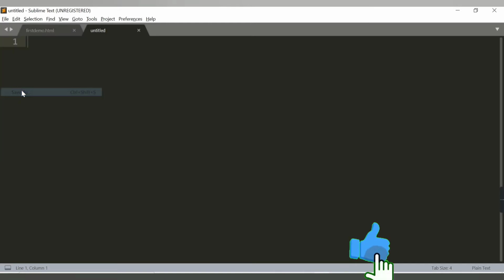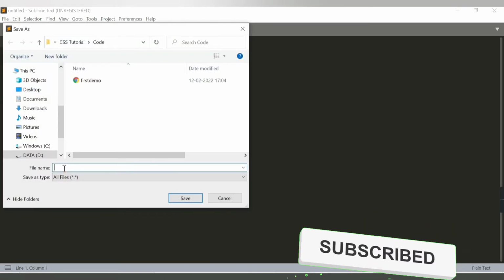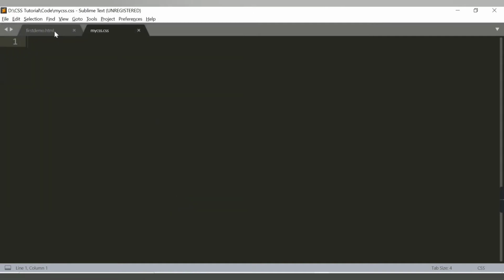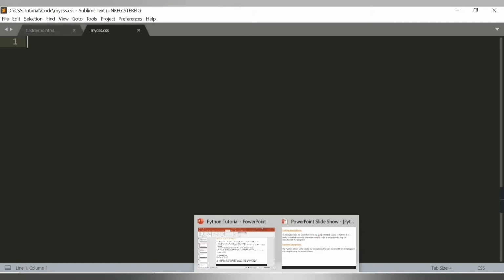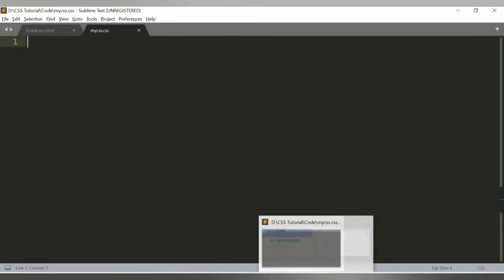We will save this file here only, and this is the name of my CSS file, which will have the extension .css. So currently we have the HTML file as well as the CSS file. So what we want to cover in this video: